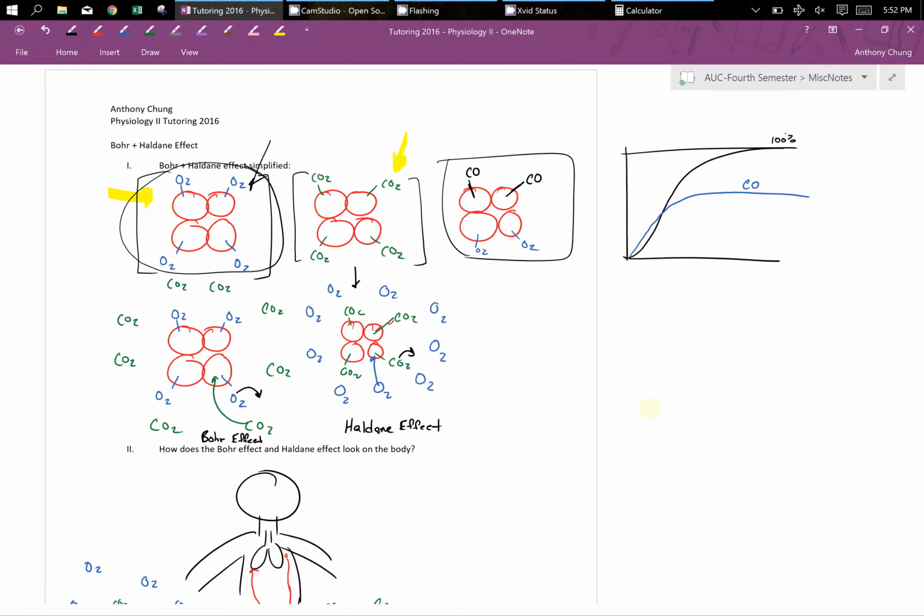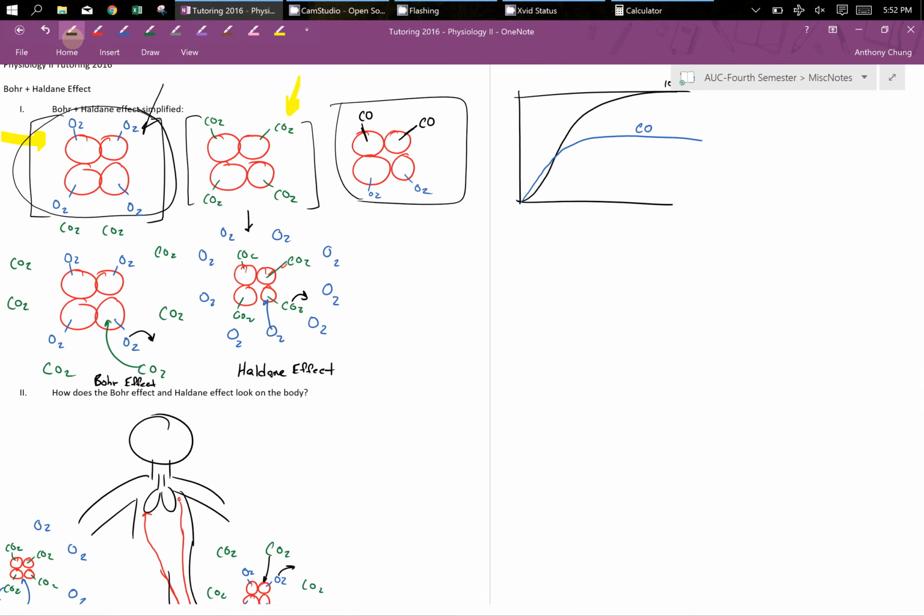Fetal hemoglobin would be a left shift. And the reason why is a loaded question. Hemoglobin usually has the alpha units, but fetal hemoglobin has fetal units. What the fetal units actually do is prevent 2,3-BPG from binding onto it. So you remember that